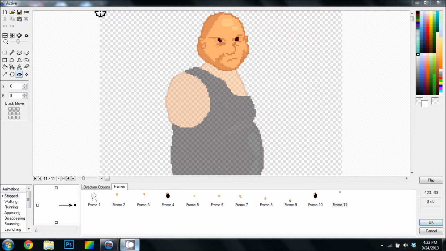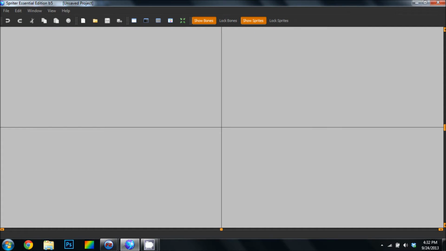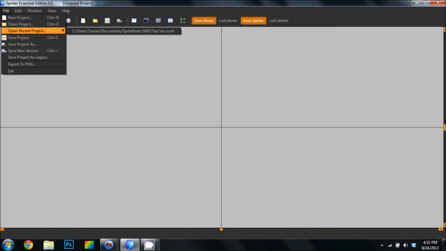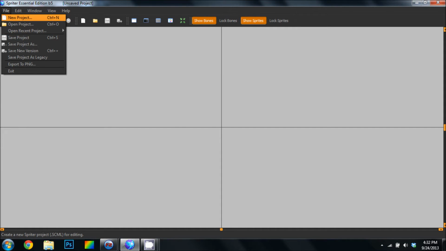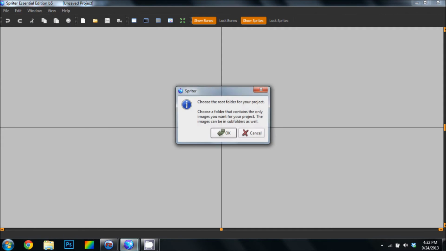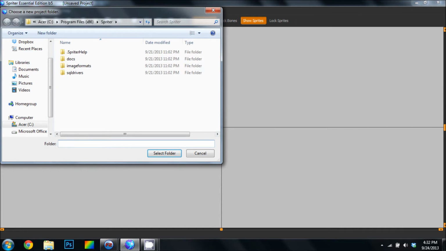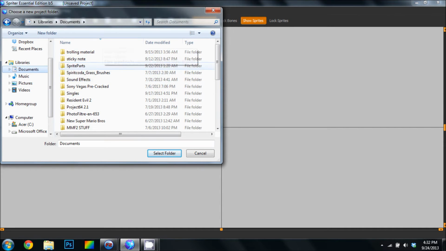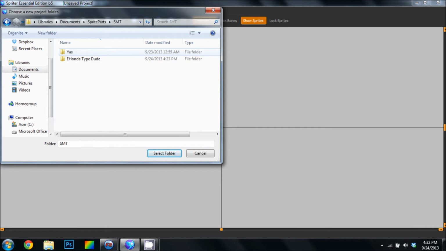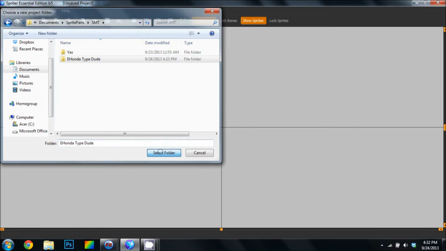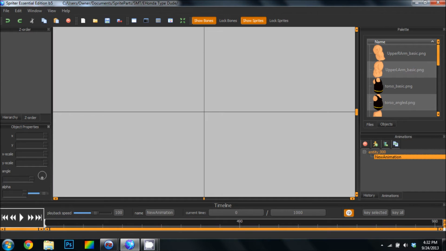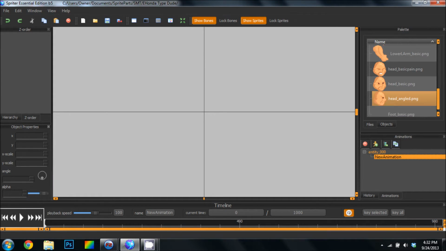And here we are in Spriter, the totally awesome and cool spriting software thing that I downloaded. So let's get into it. When you want to start a new project, it's going to prompt you to go to the root folder where all the body parts are, and I happen to save mine in a folder called sprite parts, where I can just simply select the folder, and as you can see, all the body parts that I made and exported appear right over here,